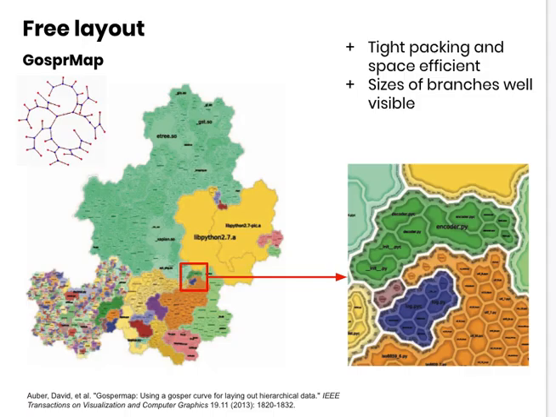So we have one last category of layouts, talking about layouts. So, polar layouts and free layouts. In free layouts, this is kind of similar to tree maps, is where you have children